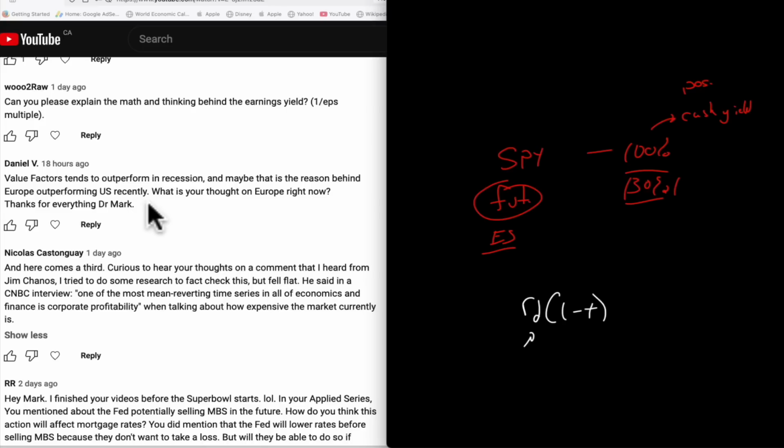But I don't know so much that it was value outperforming as much as the market was oversold to a point that wasn't justified. But I don't really know for sure. I don't really follow any of the markets. I believe I heard the UK market is hitting all-time highs, which to me seems odd. But since I have no vested interest in those markets at all, I don't really pay attention to them.